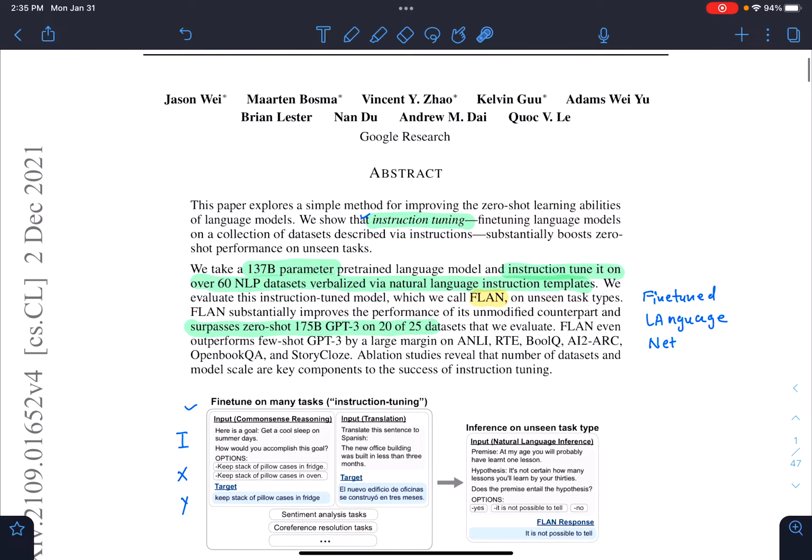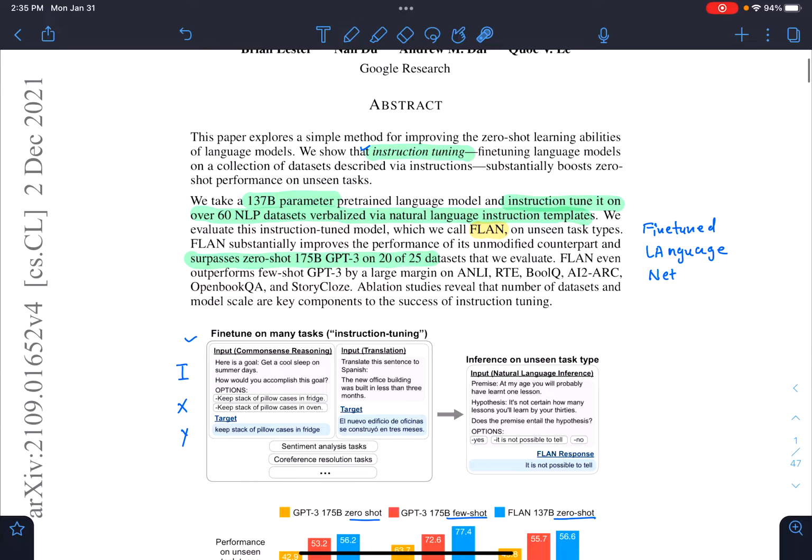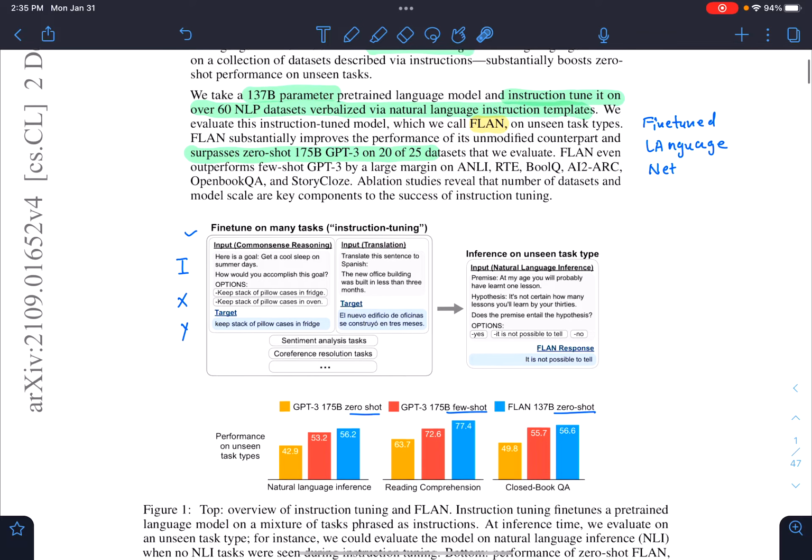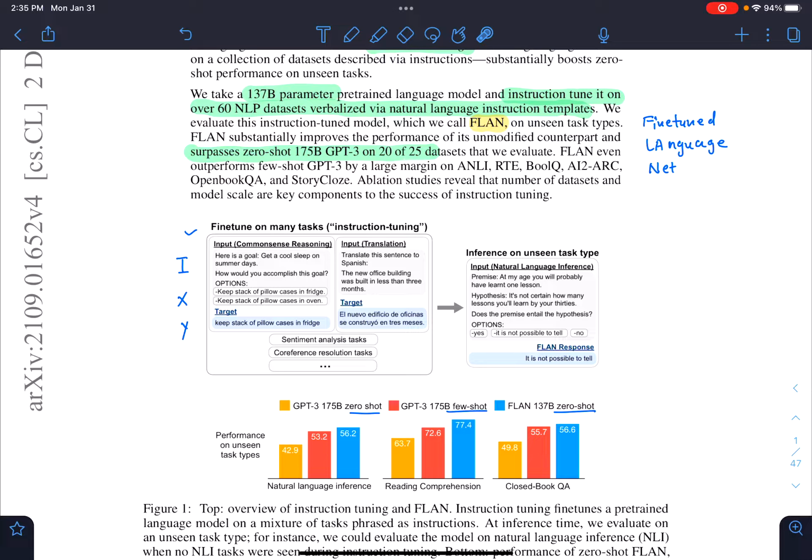So here what they are doing is they take a pre-trained model and instruction tune it on a certain number of datasets and then run inference on another set of datasets. What they fine-tune on is the datasets where they introduce some instructions. For example,